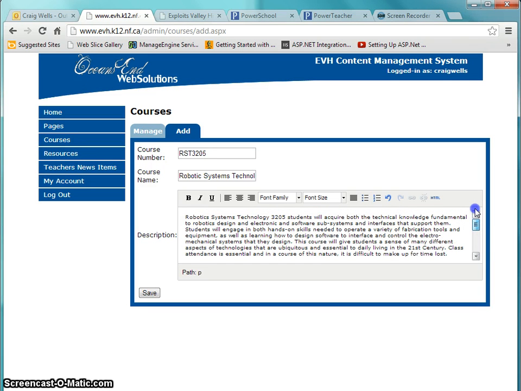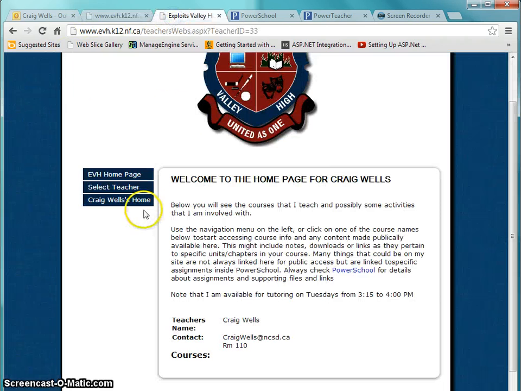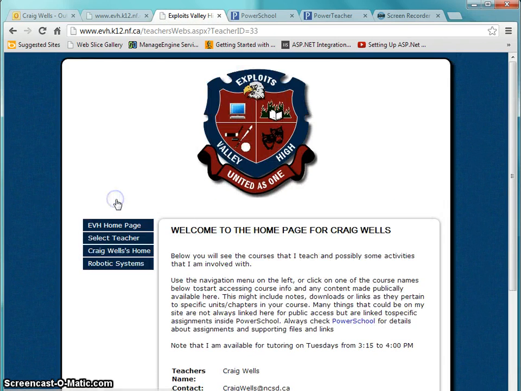This came in nicely because it came from PowerSchool. If you're coming from a Word document or a notepad, you may see a bunch of lines show up here where the words are cut off and they didn't go over and wrap to the edge like they could have. Well, let's just save this as basic information, and let's go back to the teacher web page and just click